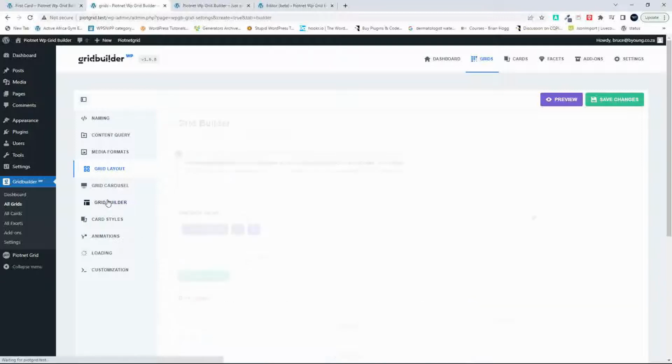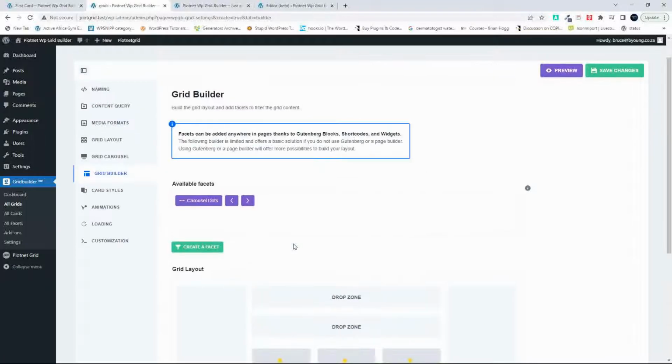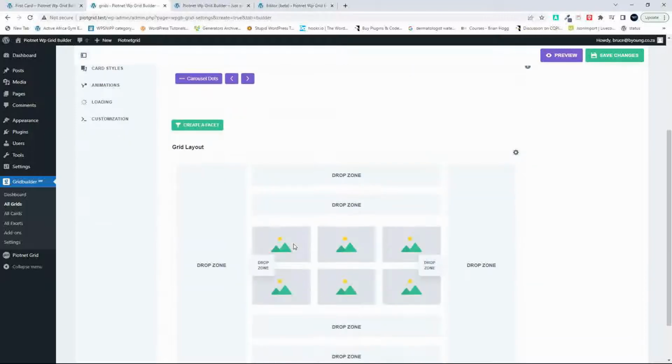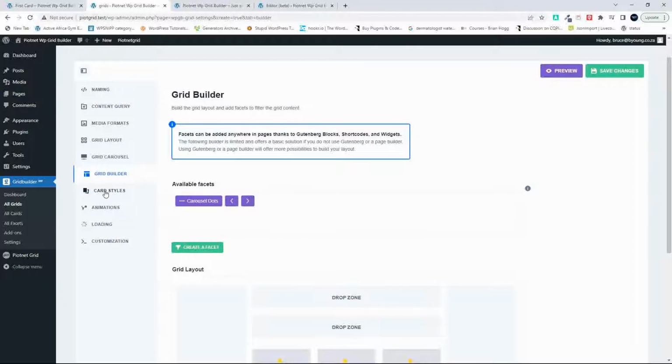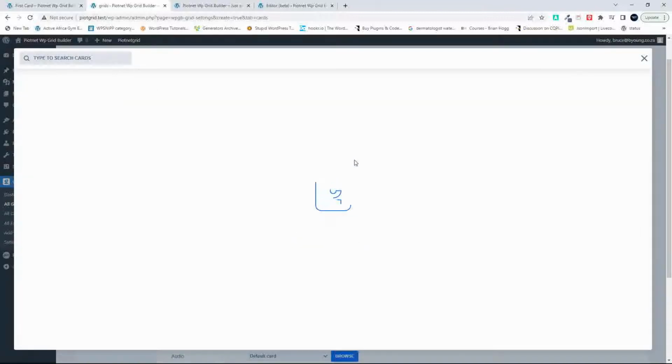Then we're going to have a look at the grid builder. Now, this is where you can build the layout for your grid on the front end. So then we have the card style. So the default card here. So now we've got to remember what we called it, or we can hit the browse button,